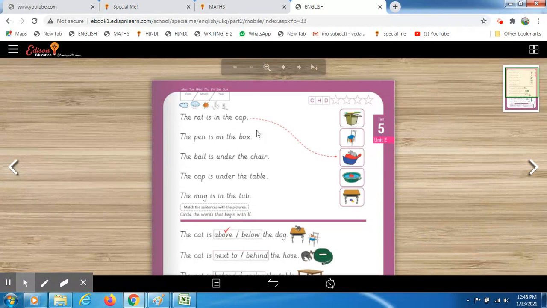Okay, what we have to do in this? There are sentences given to us, and there are the pictures. So what we have to do? We have to read sentences first aloud है ना, फटाफट से आप sentences read करोगे loudly, and then you have to get the meaning कि इस sentence का क्या मतलब है, और जो भी picture correct होगी उसको correct sentence के साथ match करना है. That is so easy है ना.